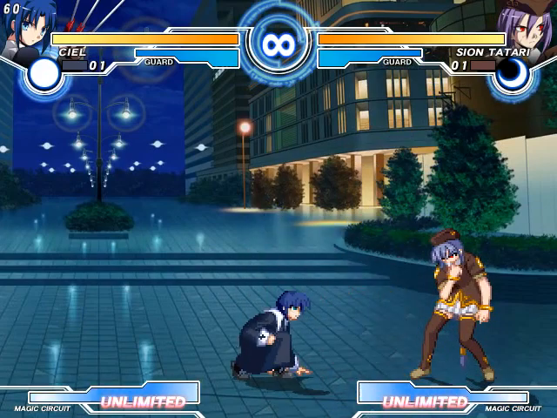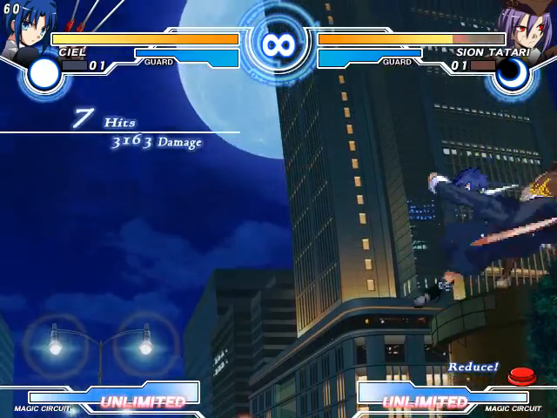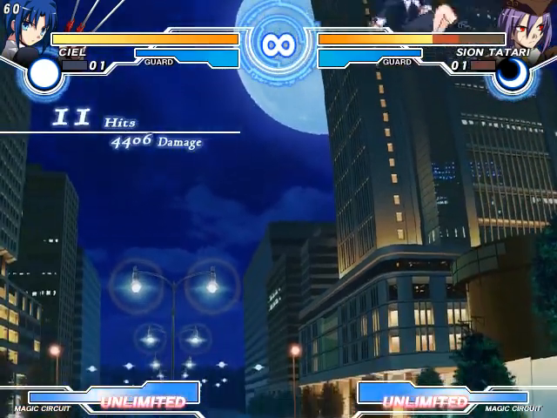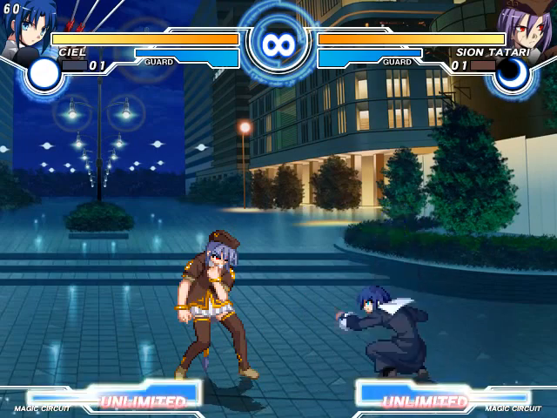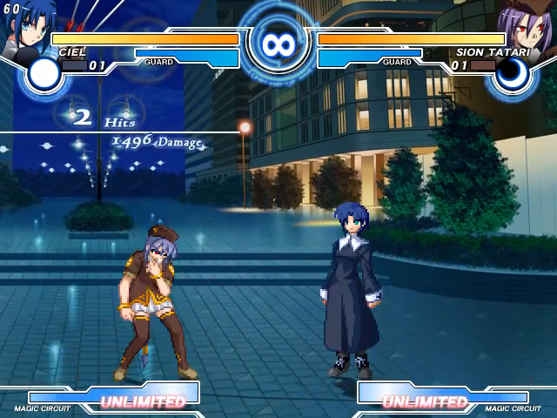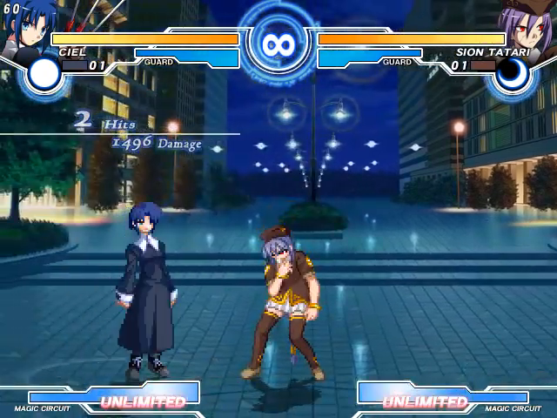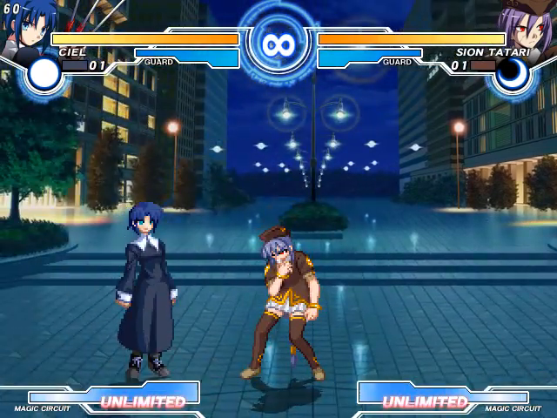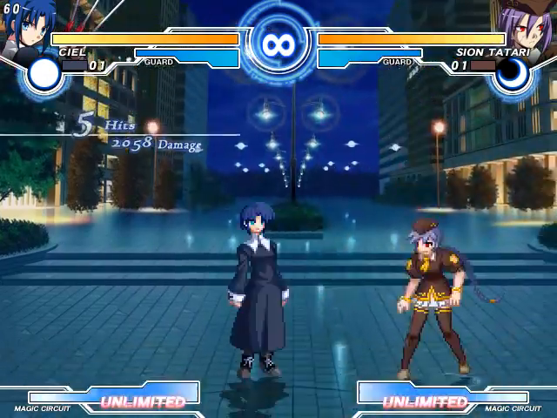And you can confirm your 2B from just about any range. If you go on 2B, 236B into your combo, or you can use 236A, and then you can OTG. You can OTG with